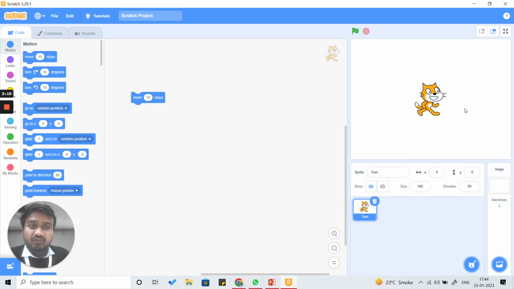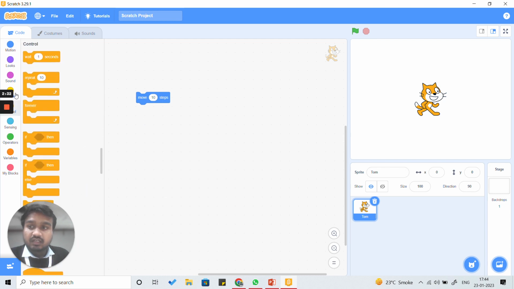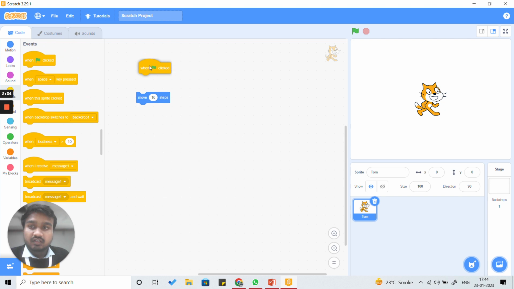Now if we want our sprite to move n number of steps, then we'll use this block. But do you think the sprite will move as of now? No, because we always start our script with an event. Which event? That is when green flag is clicked. Mostly we use it with this. Now if you want to check your code, you click on the green